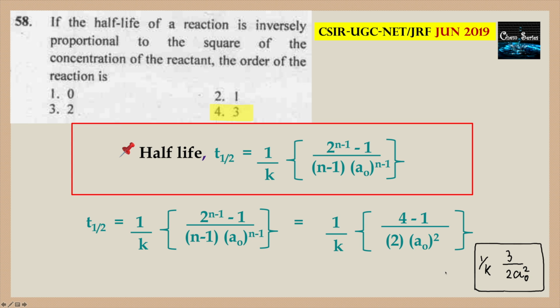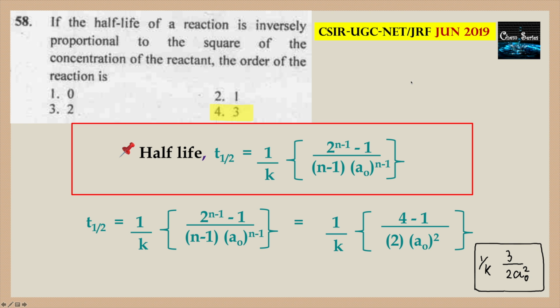They are asking for the half-life of the reaction. This T half on the left-hand side is inversely proportional to the square of the concentration of the reactant, right? It is correct, A power 2. It is the square of the concentration of the reactant and it is inversely proportional. So your right option is 4, that is, it belongs to third order. Okay. So this is my final question.